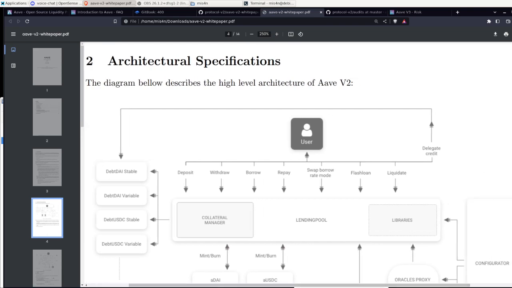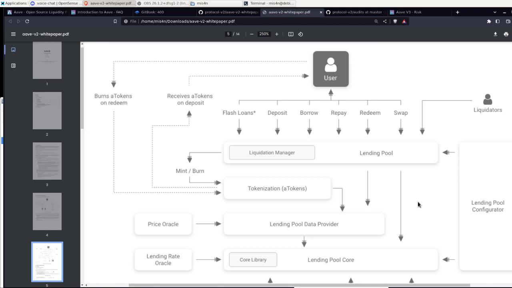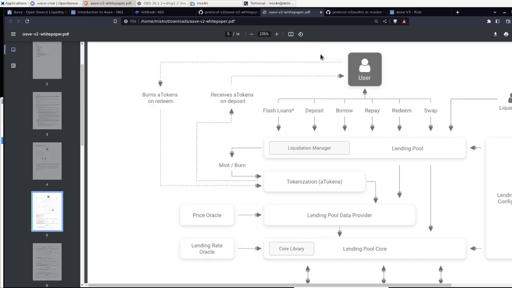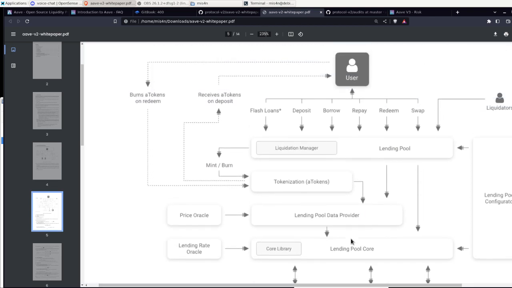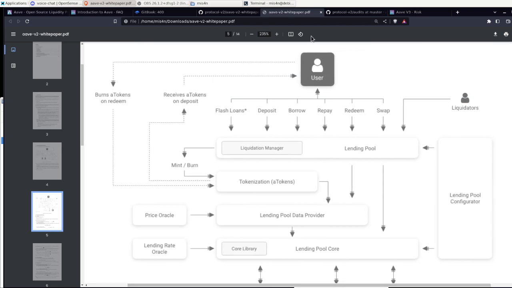Take a look and try to understand what's happening. Okay, so everything starts with the user.